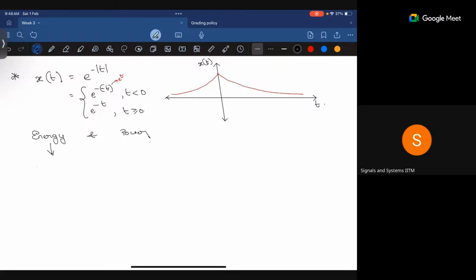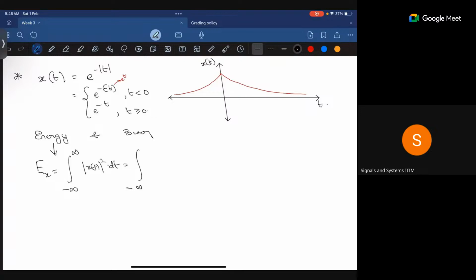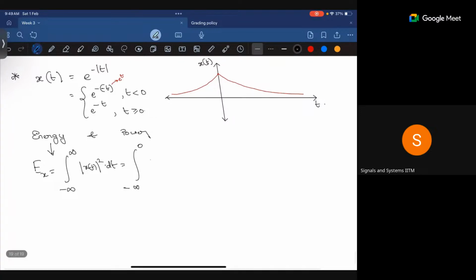So when you compute energy, this is again minus infinite to plus infinite mod x of t whole square dt. And again, you have to split this interval, complete interval, to minus infinite to 0, and here it is e power t dt, plus this is 0 to infinite e power minus t dt. Right? So when I integrate now, I will have e power t, and the limits are 0 minus infinite, plus